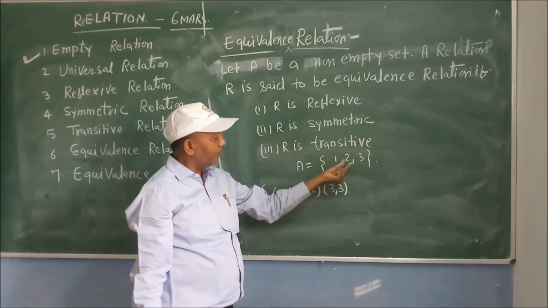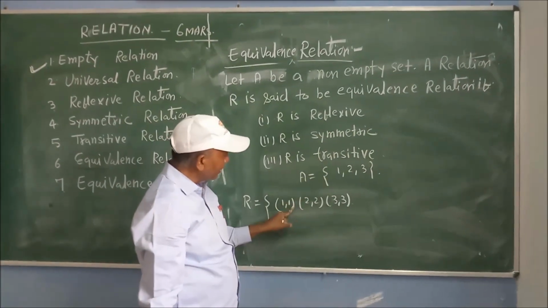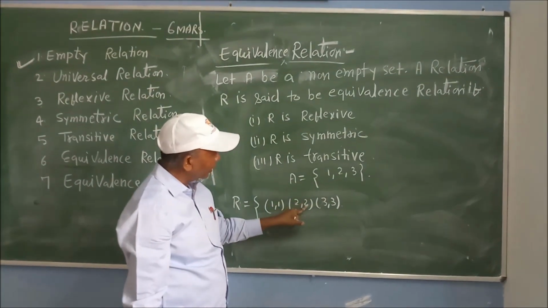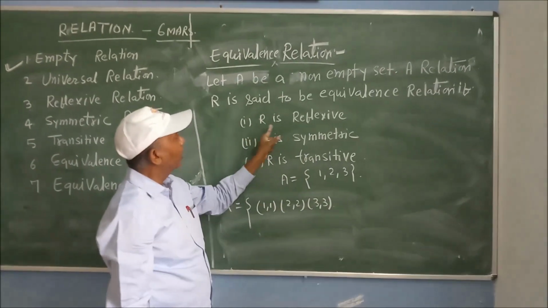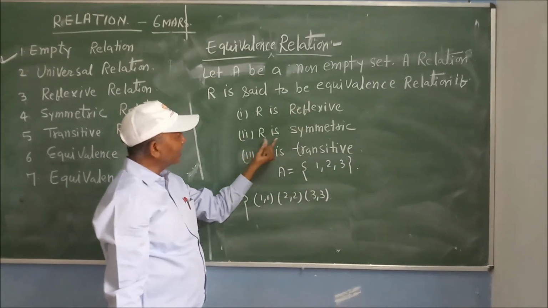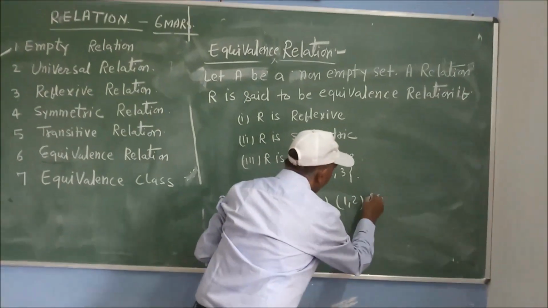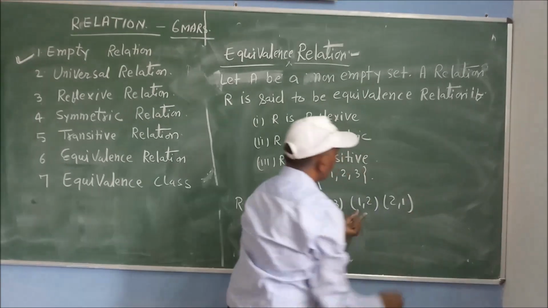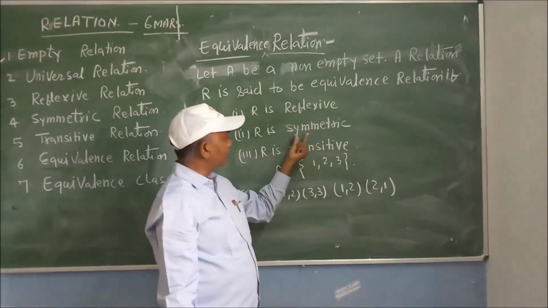is associated with itself, इसका प्रत्येक एलिमेंट स्वयं के साथ रिलेटेड हो, एक के साथ रिलेटेड हो, दो के साथ रिलेटेड हो, और तीन के साथ रिलेटेड हो. फर्स्ट कंडीशन इज फुलफिल्ड, R is reflexive. Second is R must be symmetric. So you may write 1 2, then write 2 1. This is 1 2 and 2 1. That means R is symmetric.